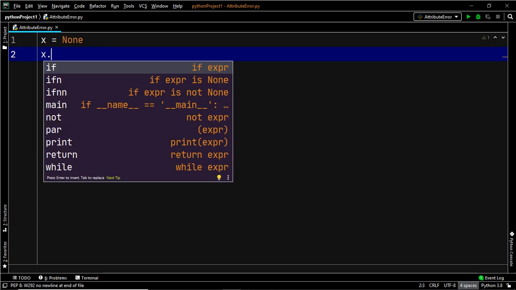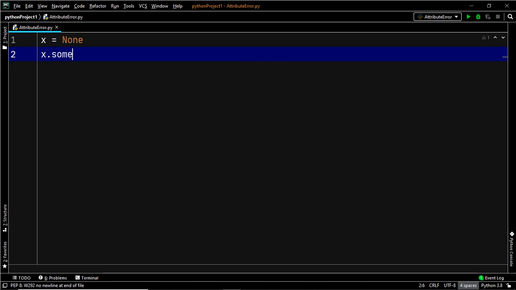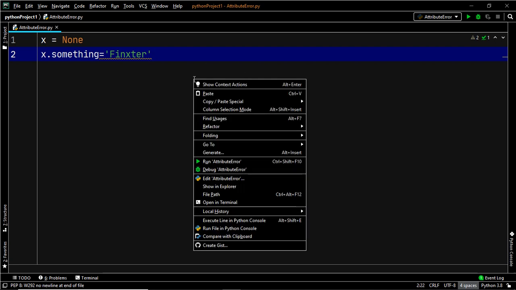So let's say x dot, and maybe the name of the attribute is something, equals Finster. Now what do you think would happen if we try to do this? Will our program work if we use something like this? Because in this case we are trying to assign an attribute. Let's go ahead and check this out.